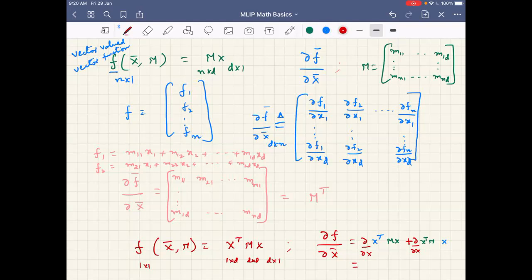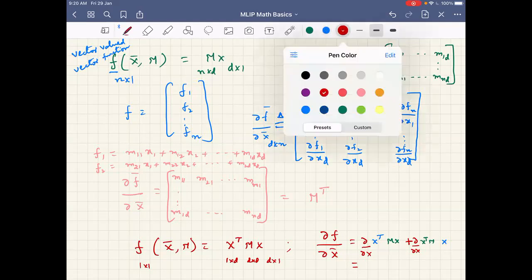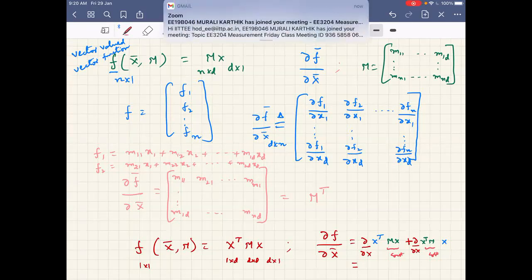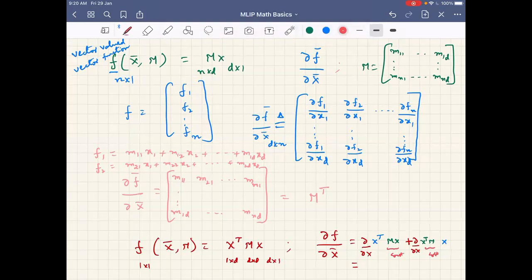Do you think you people can tell? So in this case, what we are saying is this is constant. In this case, this is constant, because this is a partial derivative, so this is the only variable. Since this is a constant, what kind of constant is it? Scalar constant or a vector constant? Is this a scalar or a vector? A vector. So I will denote this one with y. Assume that I denote this with y. Can I do that or not?